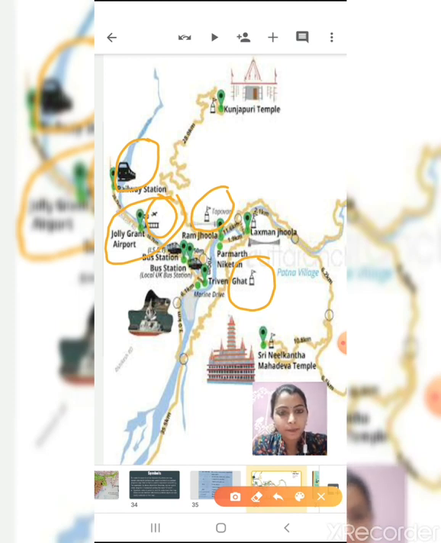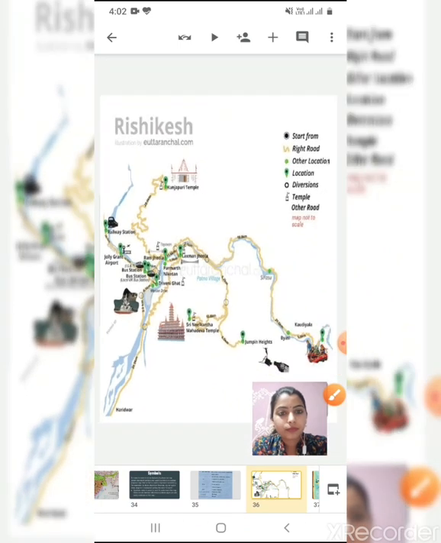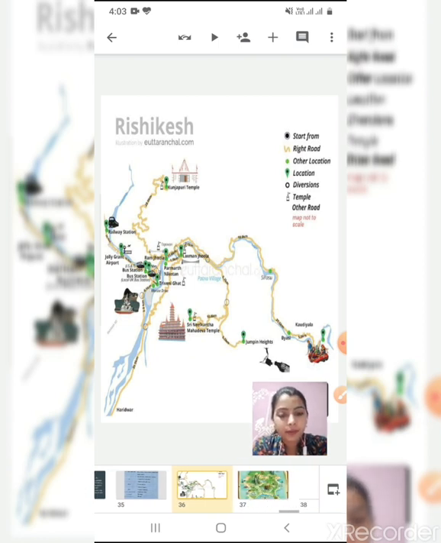Okay. Yes or no? See, bus symbol is also there. That shows, the map shows that there is a bus stop, local bus stop. There is a temple, that means at a particular place there is a temple. So now you can understand the symbols are used in every map.